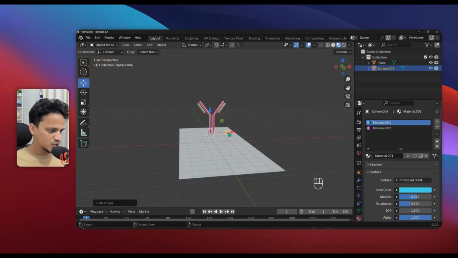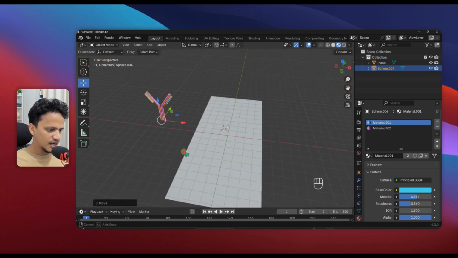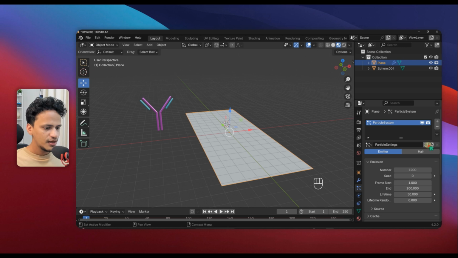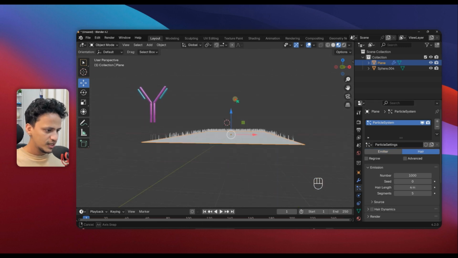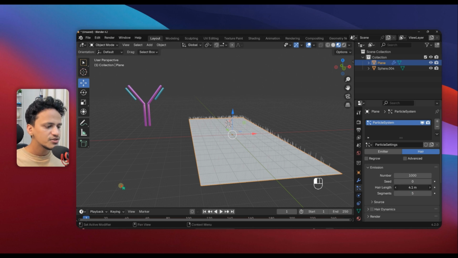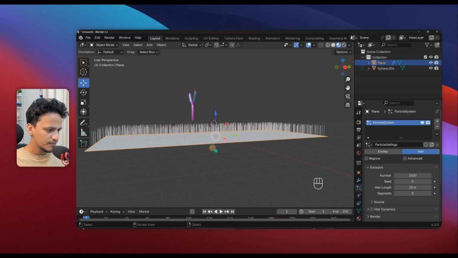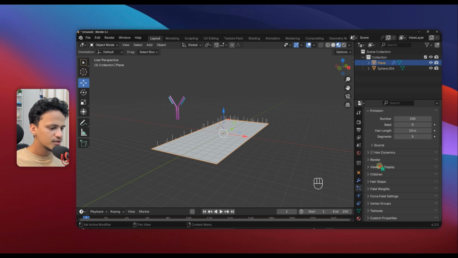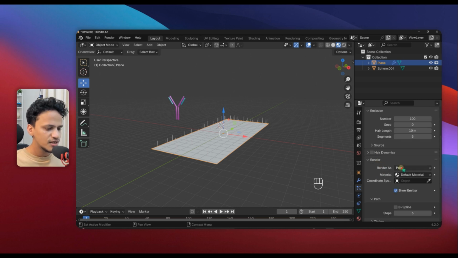Now it is easier for us to use this in a particle system. Click this plane, go to particles, click on this plus icon and click on hair. Now you can see small hair particles are growing from here. Increase the hair length like this. Okay, so I'll reduce the number of hairs to 100 and go down, go to render, change render as from